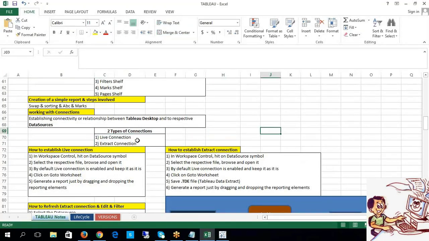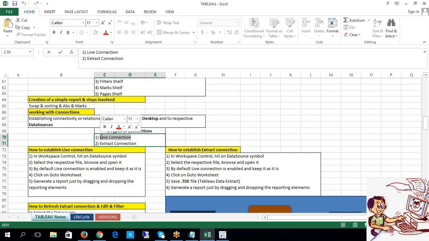So firstly, live connection. We can also call it an online connection, as opposed to an offline connection. But let me put it as live connection as per the terminology from Tableau Desktop. Now, this live connection is always in sync with your respective data sources.